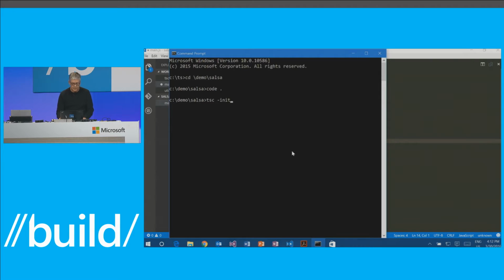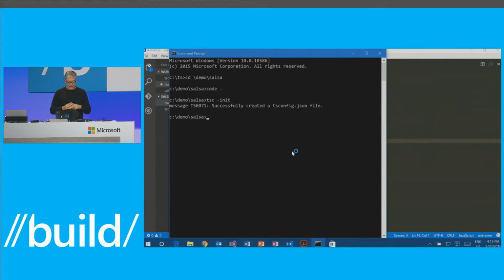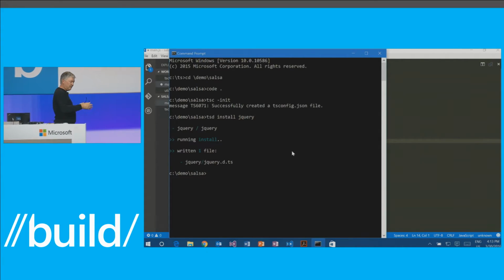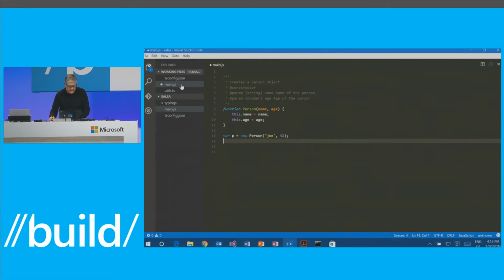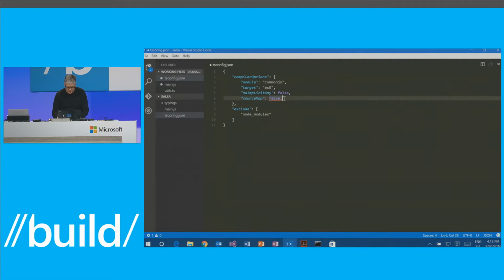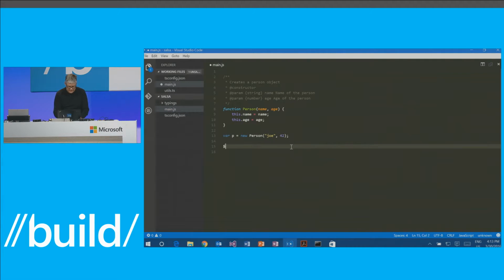So what I can do in this project is just create a tsconfig file, and then I can use tsd to install the jQuery type information. TSD is this tool that allows you to install declaration files from DefinitelyTyped. And so that went out, got that declaration file, sucked it into a directory called typings, and now I can go in, I can modify my tsconfig file, and all I gotta do is say allowJs: true, save, and go back to main.js, type $, whoops, I may have to reload this file.